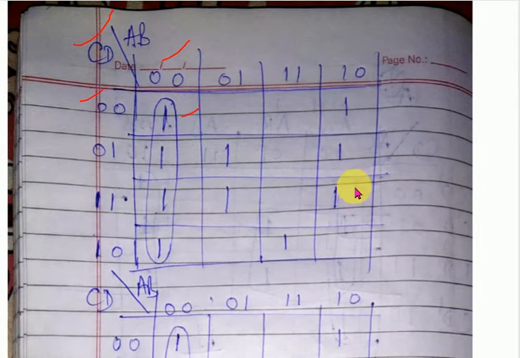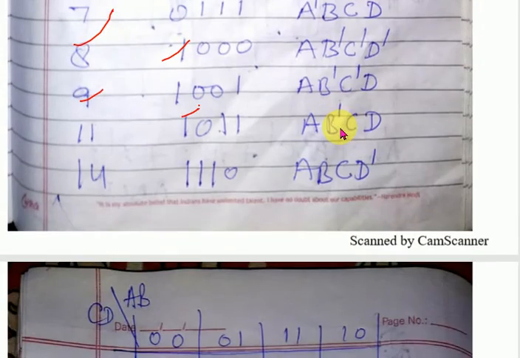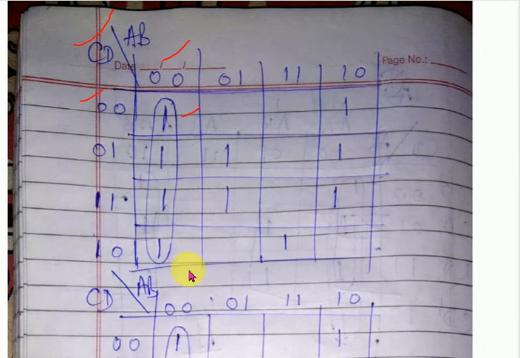We will write 1 for those min terms which occur in the given Boolean expression. So there are 10 positions where the value 1 is written,